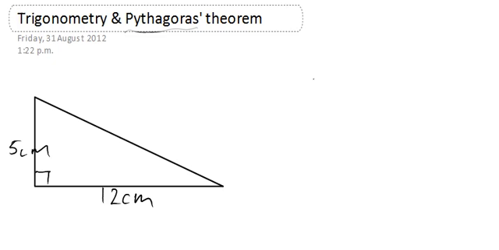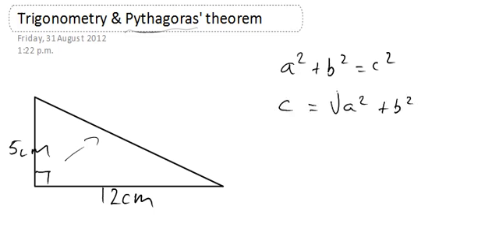So knowing that a squared plus b squared equals c squared, I'm looking for the longest side, which is the hypotenuse, so I know c equals a squared plus b squared, all square rooted. Now I don't have to worry about square rooting and putting a plus or minus in front of it because it's measurement and I can only get positive answers. You can't measure a negative, so therefore that means that c equals the square root of 5 squared plus 12